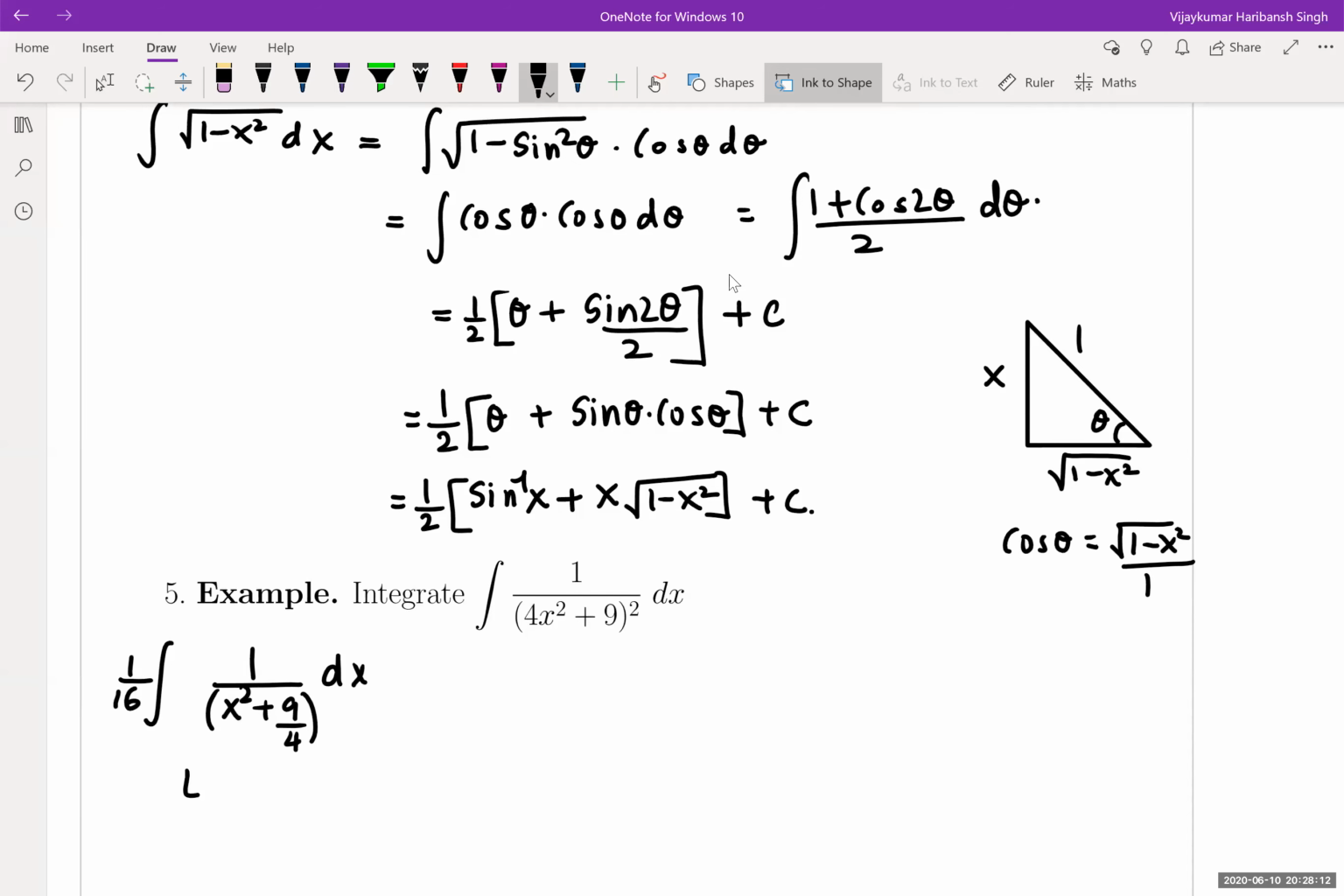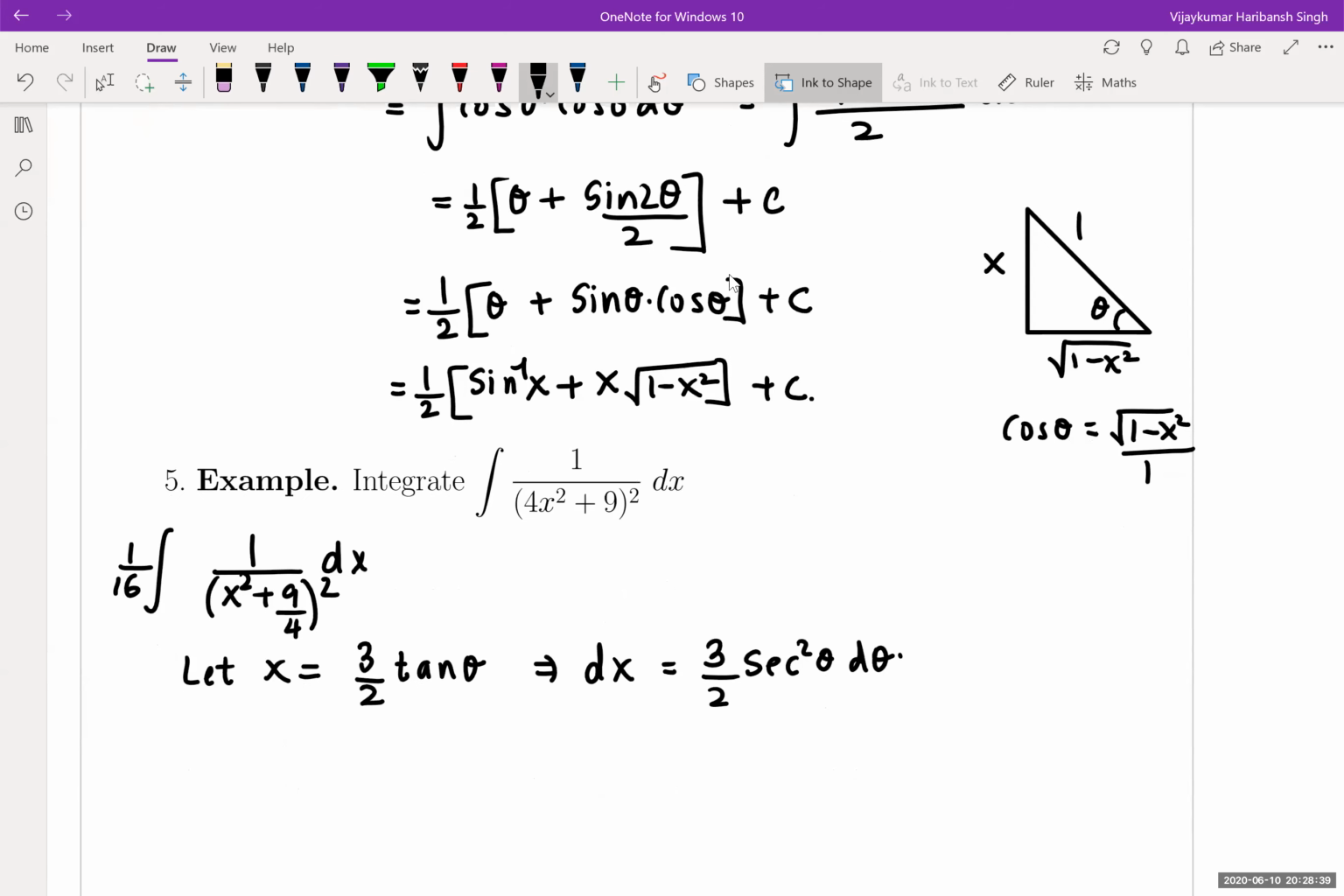So let x be 3 by 2 tan theta. So this will become dx equals 3 by 2 secant squared theta d theta,